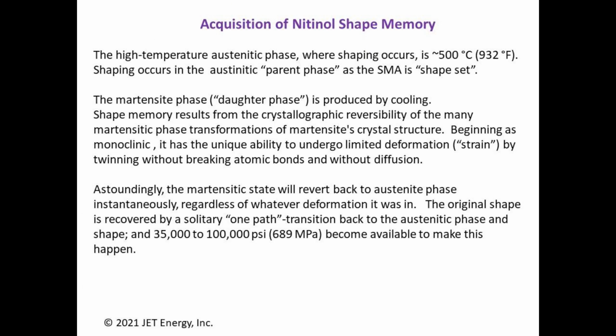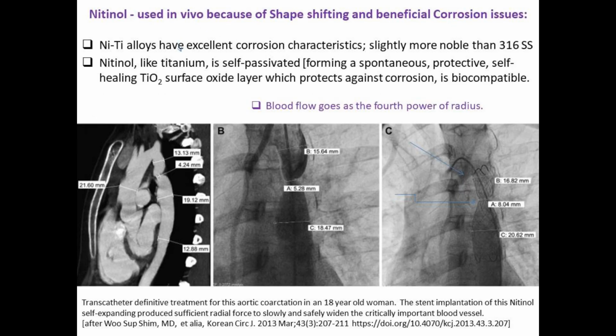The desired temperature is chosen at high temperature, approximately 500 degrees centigrade, where the desired shape is set. Nitinol has corrosion characteristics similar to titanium in that it self-passivates, creating a titanium oxide surface layer which protects against